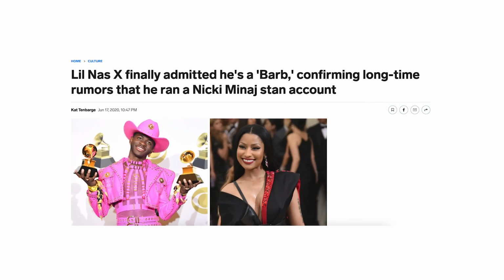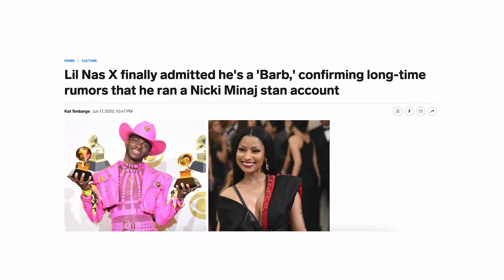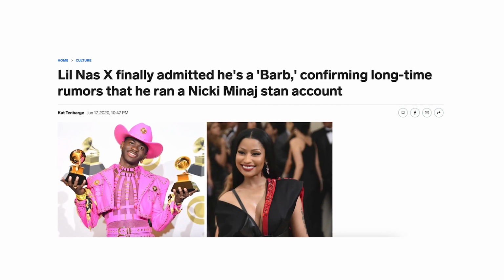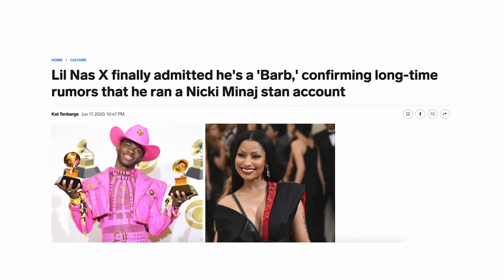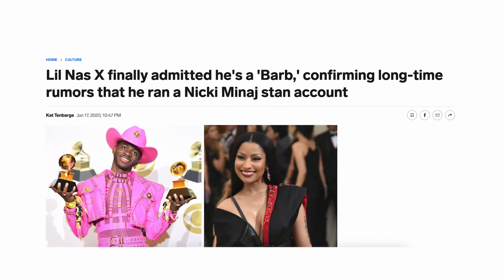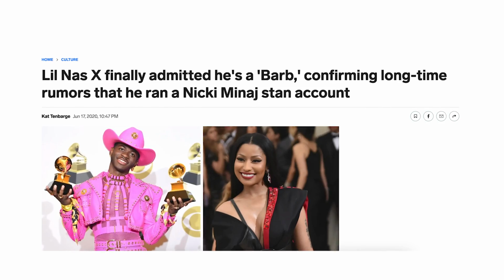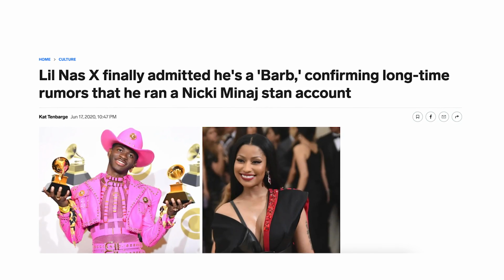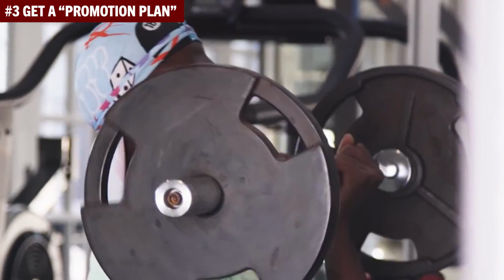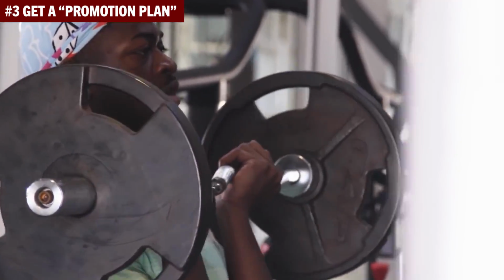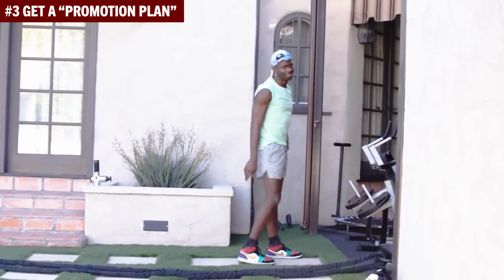He maintained this account for several years before getting into the music game, so that by the time he was ready to promote songs like Old Town Road, he already had a large fan base to leverage because he had won the Twitter game by promoting in a format that was unique to Twitter. He didn't just create a music promotion page called Lil Nas X and talk about his new tracks all day. He built a fan base using the Twitter format and then flipped the script marketing-wise, which helped blow him up.